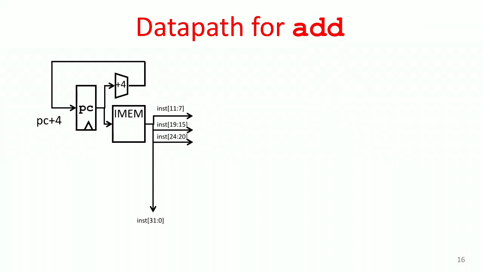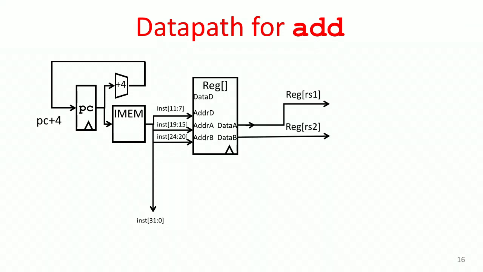We also split it into these fields. This is the RS1, RS2, and the RD fields. Those are fed directly. We wire those. When we do our design, we wire those directly into the register file as shown here. And when we do that, this is the RS1 field. So the RS1 data is going to come out here, and this is the RS2 field, and the data will come out here. Then we wire that up to the